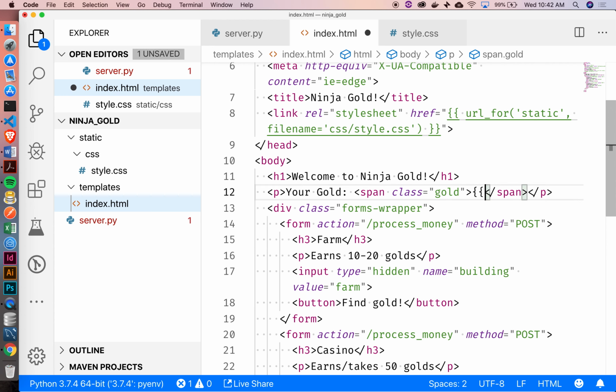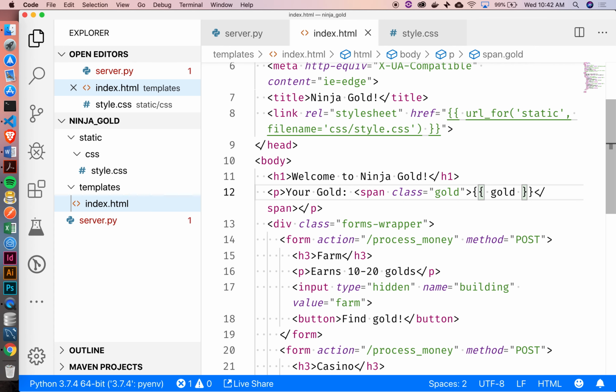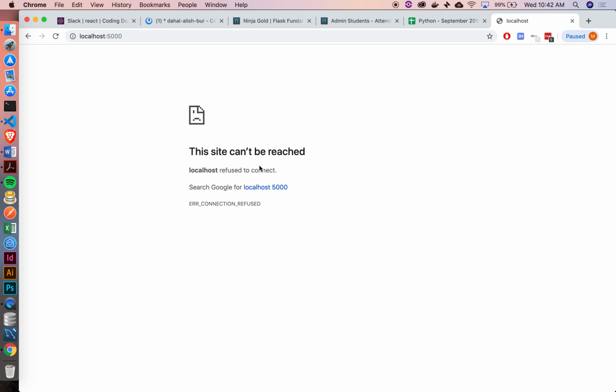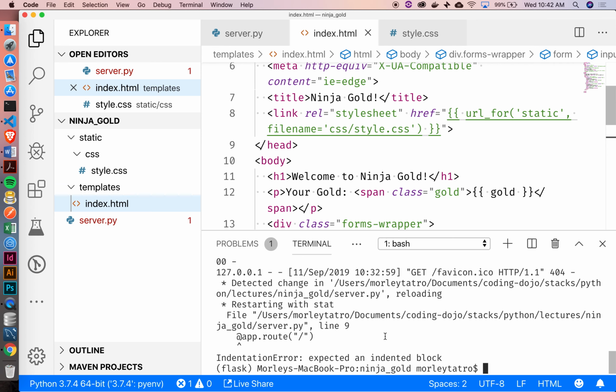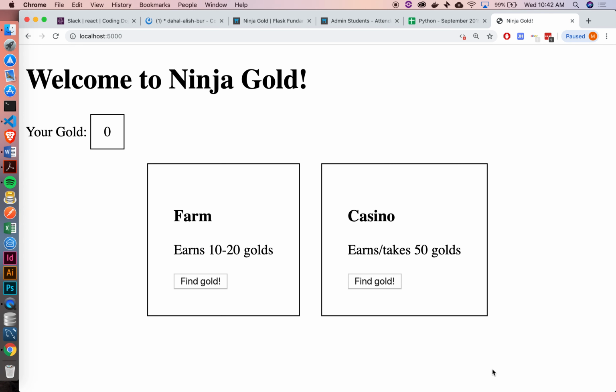Double mustache, right? So now I can just plug in gold, and I shouldn't have to hard code anything anymore. So if I refresh this, our server went down. Oh, because of that indentation error. Okay. More like, is it possible? So when I did mine, I didn't do that second step of calling it